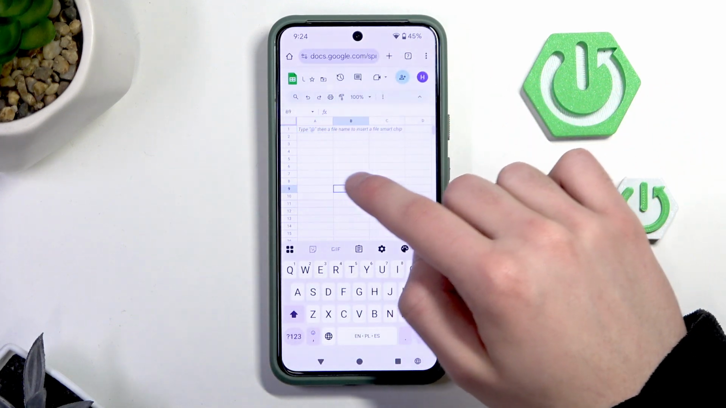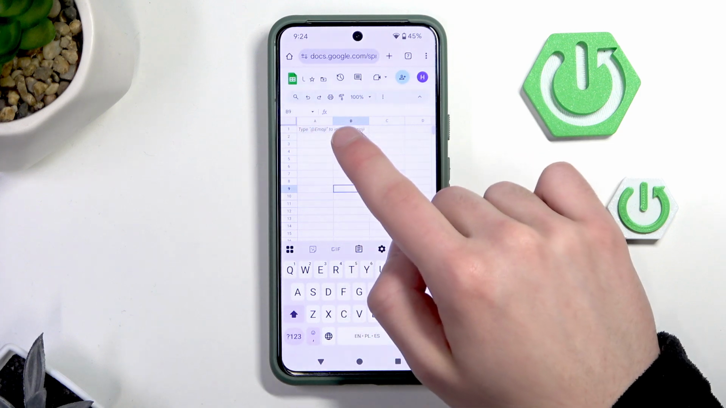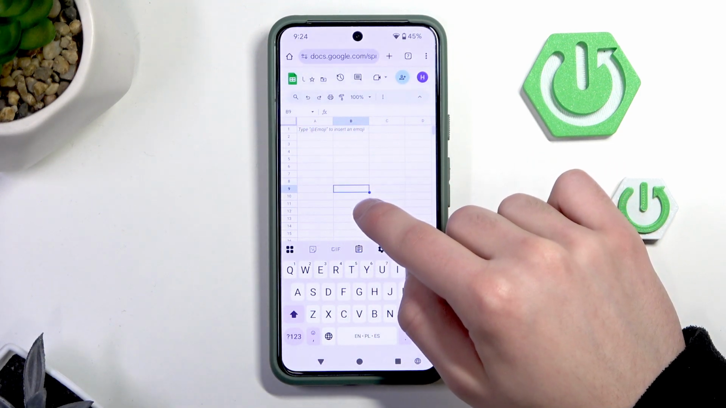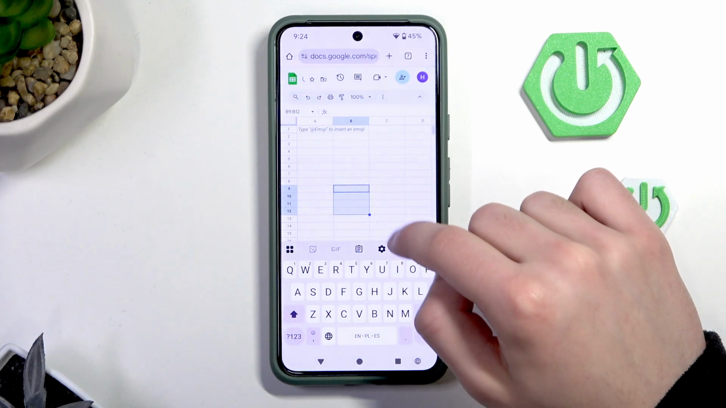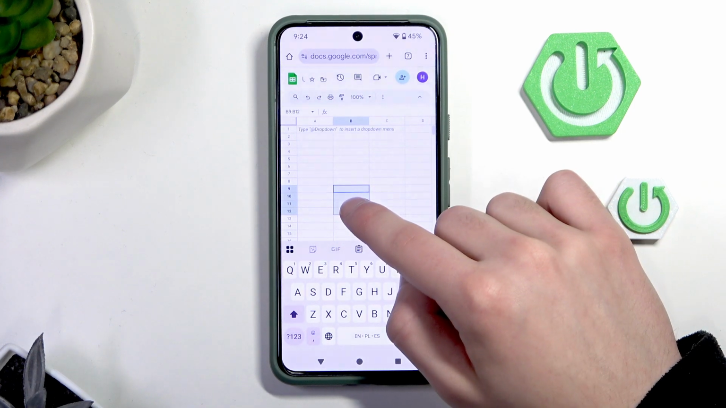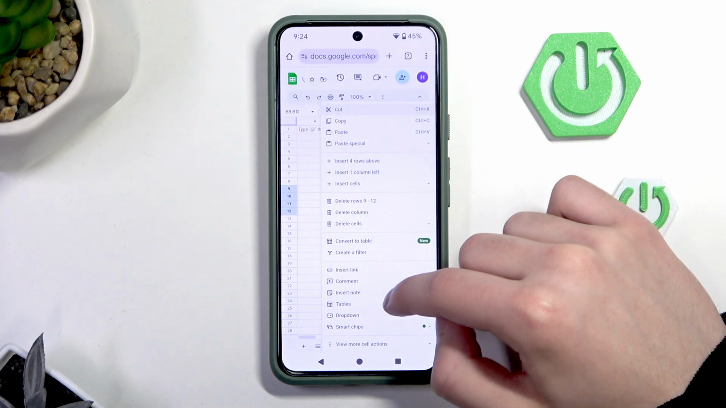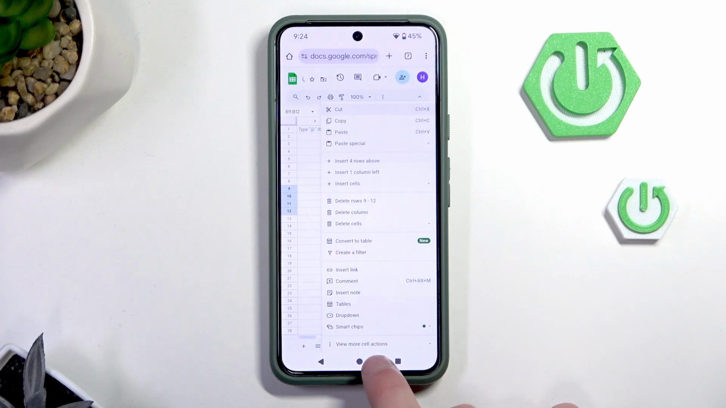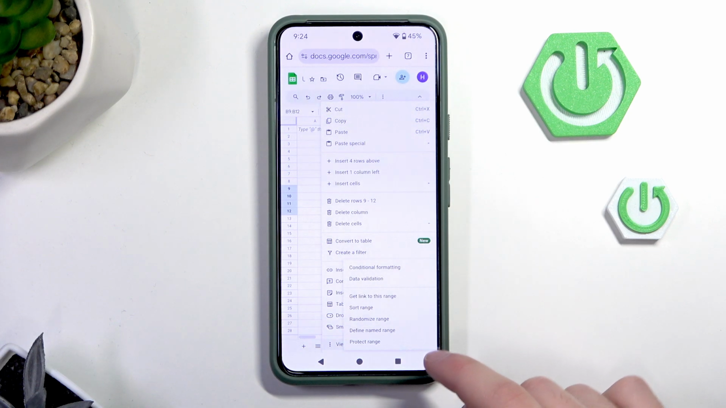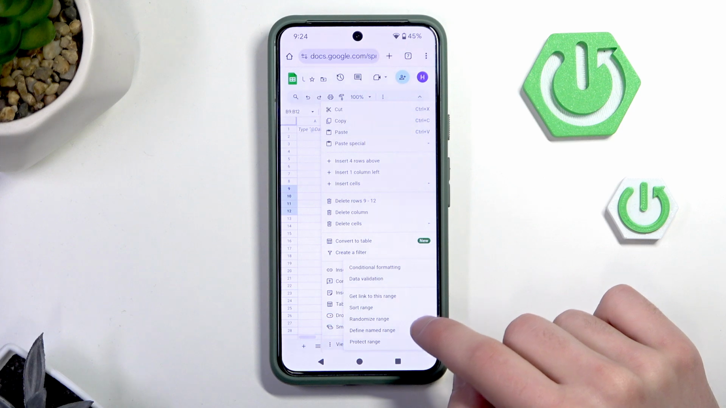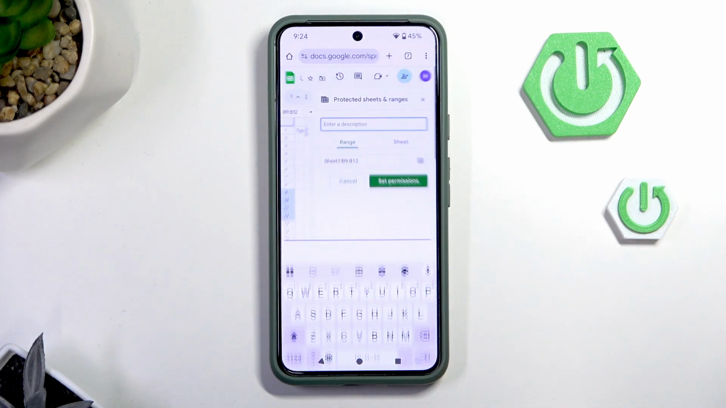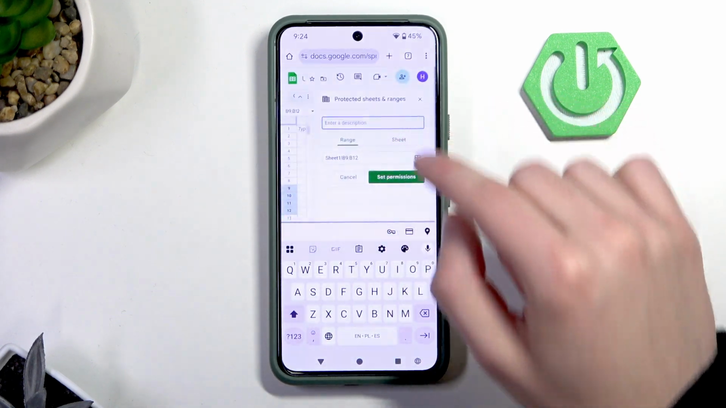Then, on your Google Sheet, choose your cells and click it. Then view more cell actions and choose protect range. Then add the description